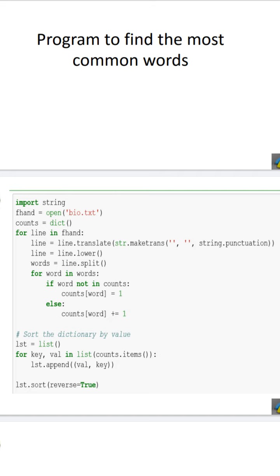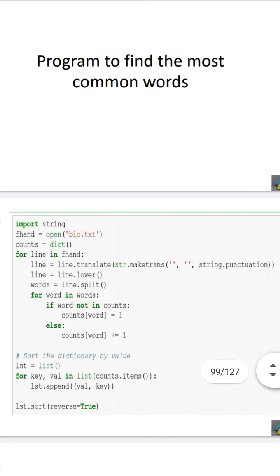Suppose the file is unable to open due to one of the following cases: your file is not part of your current directory, or the specified path is not proper, or the name you have entered is wrong, or as a user you don't have read or write permission on it, or the file is corrupted. In any of these cases, your Python interpreter will throw an exception.